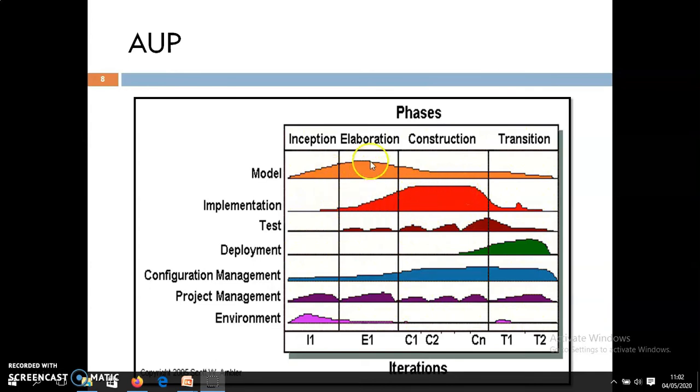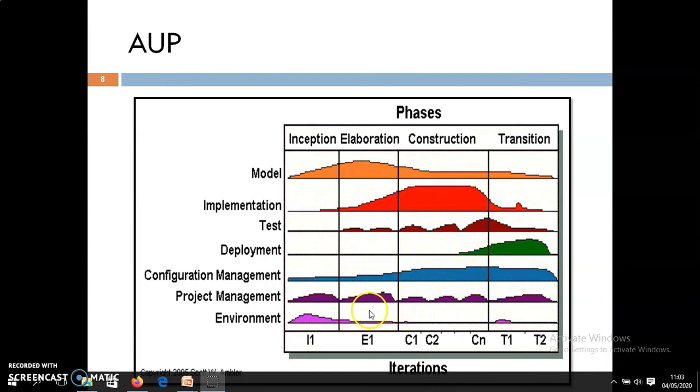Directly after making a model of it, they will construct it, writing the code of it, done by the team, then testing it, and final deployment. After the deployment, configuration management takes in any required change, feedback or request given by the customer. All such changes are managed in configuration management.